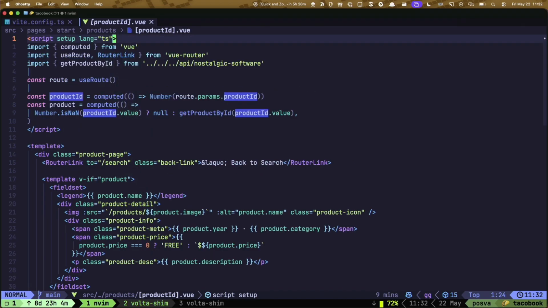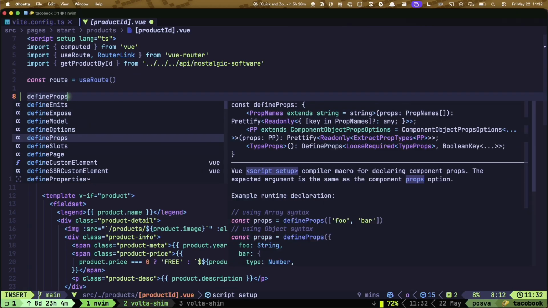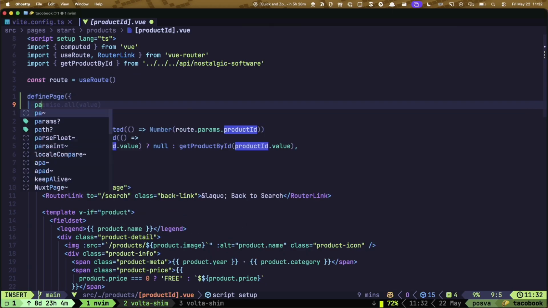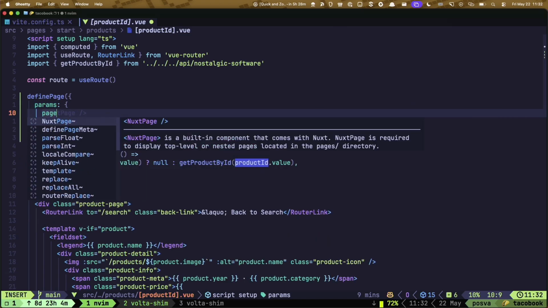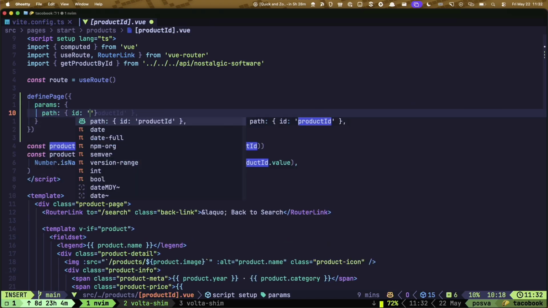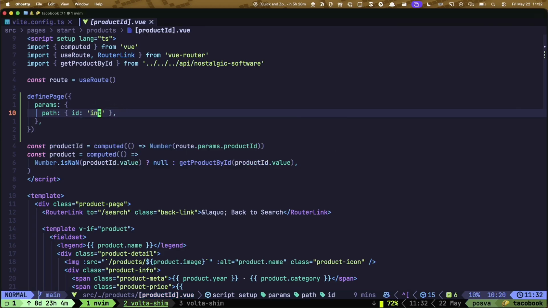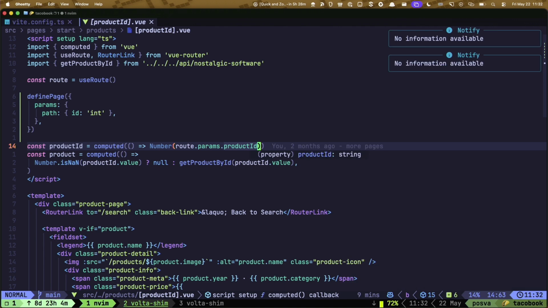So if I want to use the ID, the int param parser, I can go here, define page, and then go with params, path, and then ID, and then I have the int here. Now I save, and what happens is that this param has become